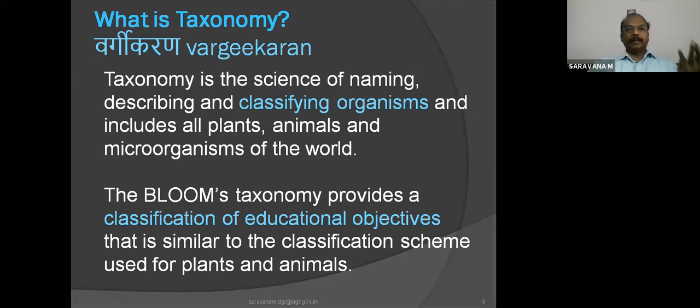One is mental category, the other one is physical category, the third one is psychological category. Mind related is knowledge, physical is a skill, and emotional related is the attitude. And interestingly, the training definition itself: we can say training is a systematic process which will develop the knowledge, skill and attitude of an individual.